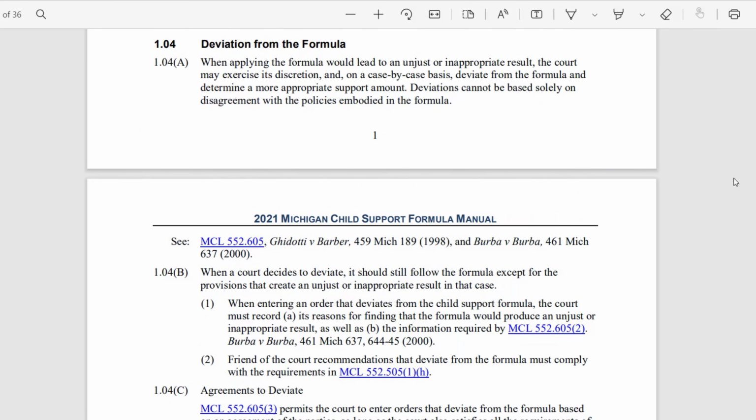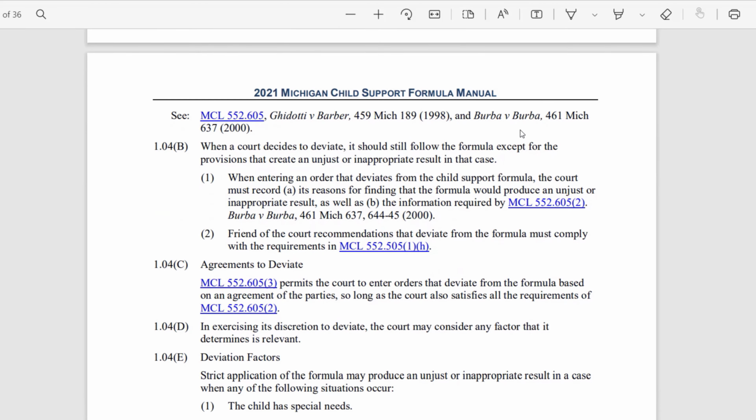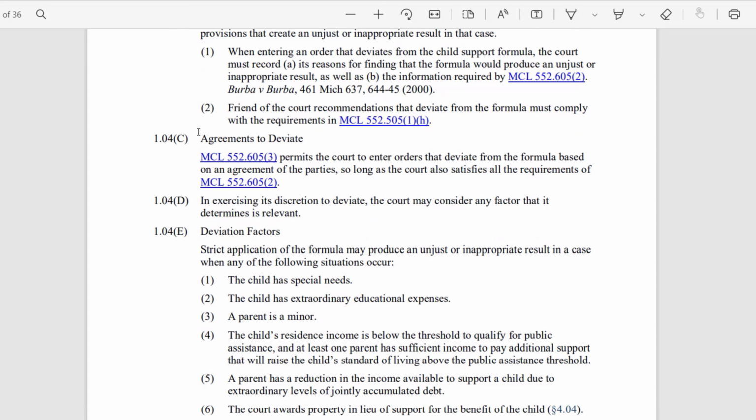All right, now we're looking at the 2021 Michigan Child Support Formula Manual. Section 1.04 talks about deviation from the formula. So it does provide courts the option to deviate from the formula guidelines when the court decides, on a case-by-case basis, that deviating from the formula is going to be a more appropriate support amount. So this is the section that is going to outline all of the reasons why a court might deviate from the formula. One of the things that comes up a lot is 1.04c, which is agreements to deviate,